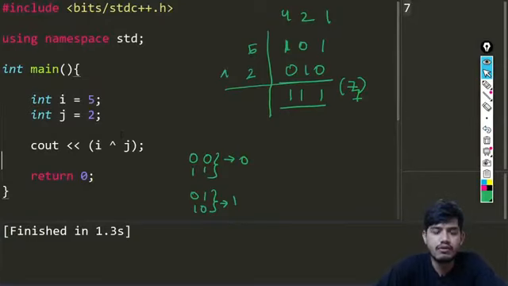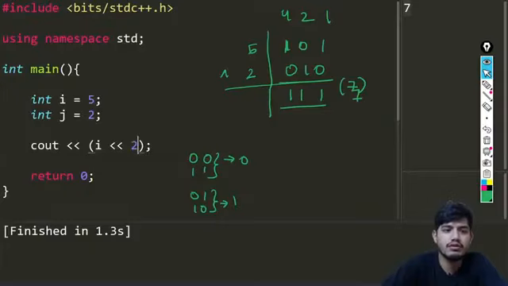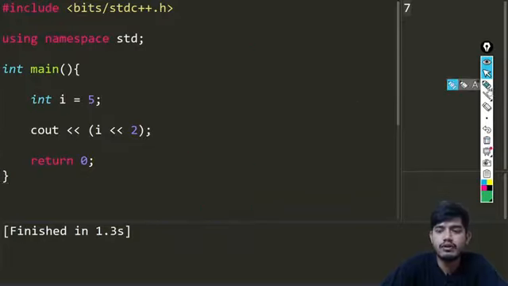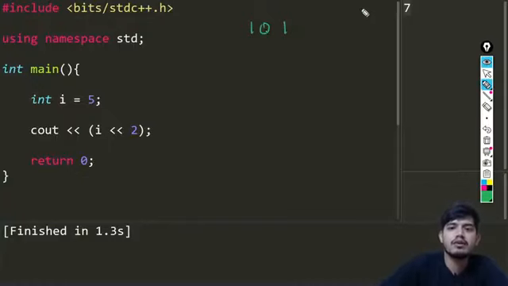So now we have talked about the AND, OR and XOR operators. Let us talk about the left shift operator. If I do something like this, that is on what value I am doing: I'm doing it on i equals 2. Let us see what happens. Before trying to run this code, let's see by ourselves what value we are expecting here. So we have this 101, which is nothing but 5.